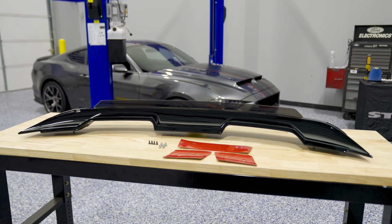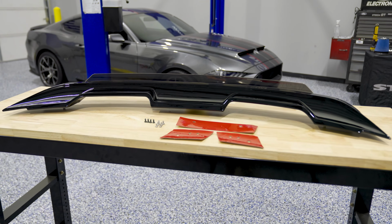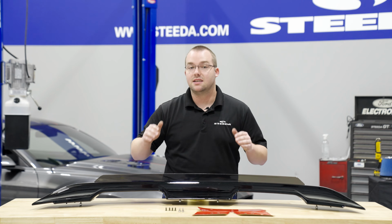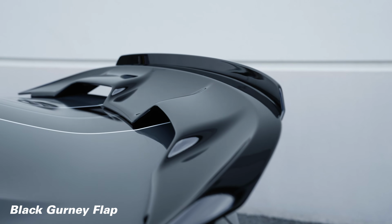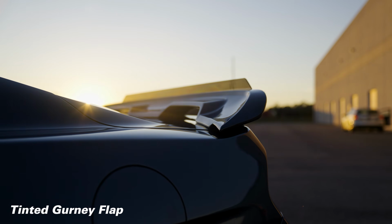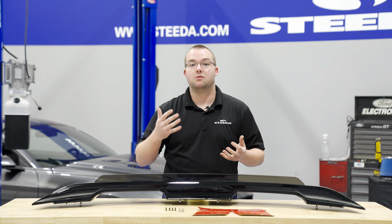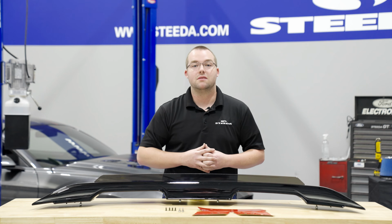But aside from that, it has a beautiful painted gloss black finish, includes the tinted gurney flap. One thing that is different from this spoiler versus the Ford Performance variant is that the Ford Performance variant actually is a piece of fiberglass painted black. This is actually Lexan or plexiglass that's tinted or smoked, meaning you have the ability to see through it. Does help your rear visibility and gives it a slightly different look depending on what kind of style you have